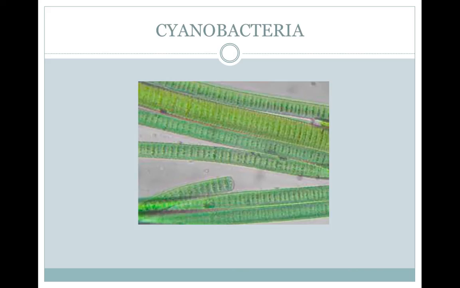Cyanobacteria, which we've already talked about, are important photoautotrophs. They only require water, nitrogen gas, oxygen, and a few minerals. They were the basis for the oxygen revolution. Some can differentiate into vegetative cells, which do photosynthesis, or into spores, which are resting stages during harsh conditions, or into heterocytes, which perform nitrogen fixation.